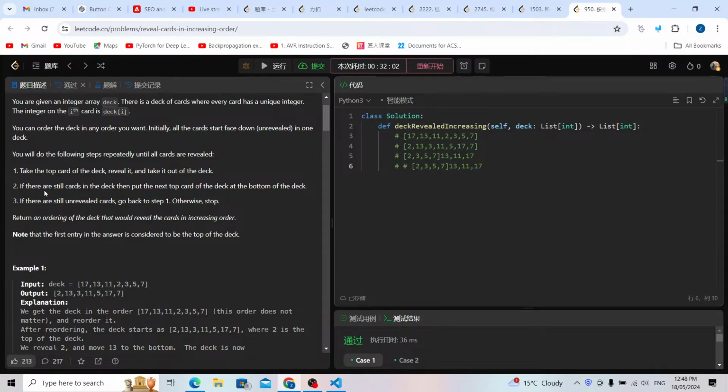As you can see, the third step: if there are still unrevealed cards, go back to step 1, otherwise stop. So we're going to simulate it for the next step. For the next one, what do we have? We have 13, 11, and 17, and this is our result array. Inside the result array, we're going to take 13 and put 11 out of it, and then we're going to take 17. So inside it's going to be 13, 17, and